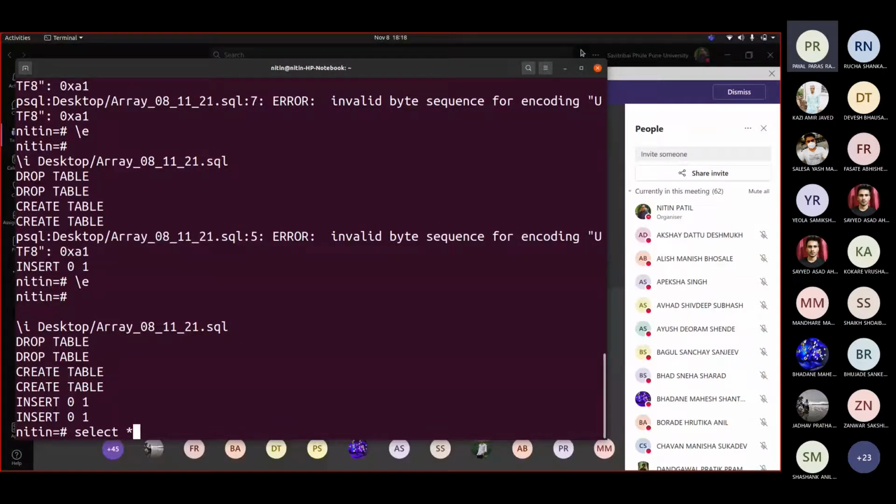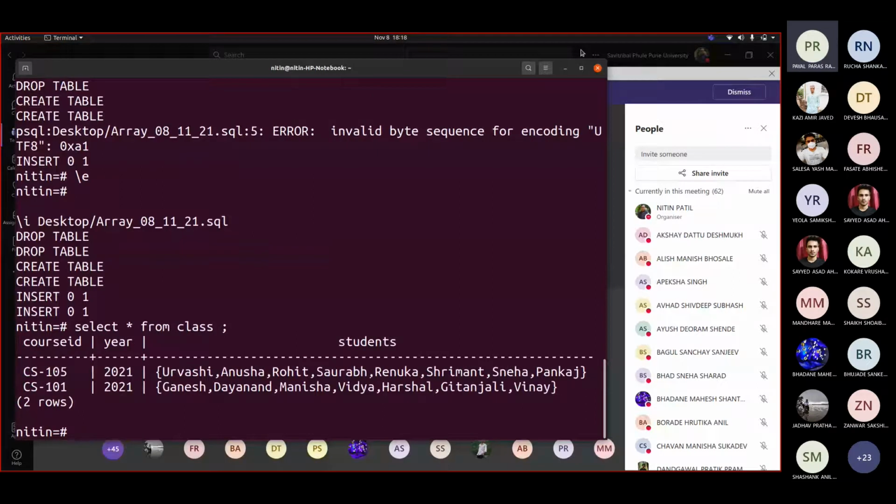So if I write now select star from class, you can see how the record is inserted. Fine. So we are having an array, for this CS105 course, we had these students registered.